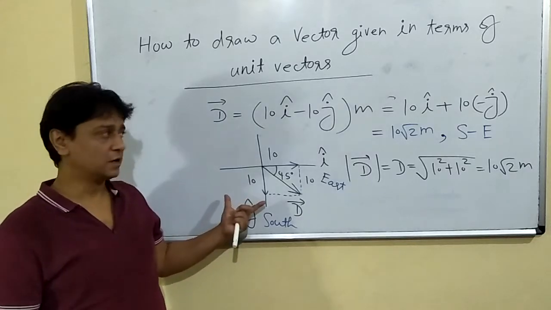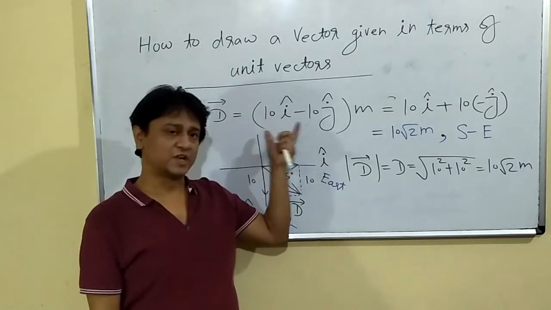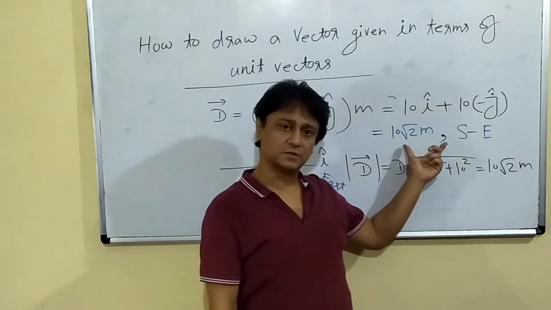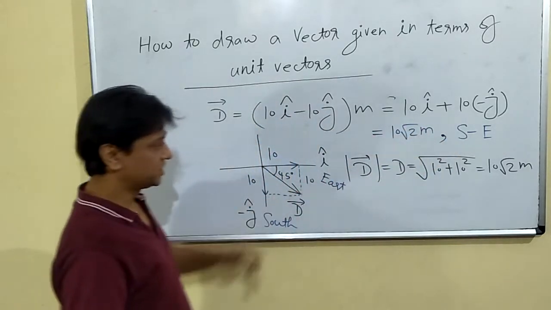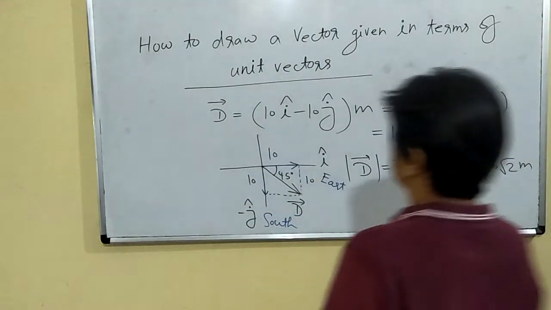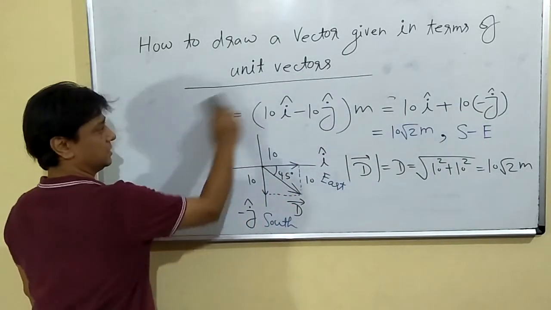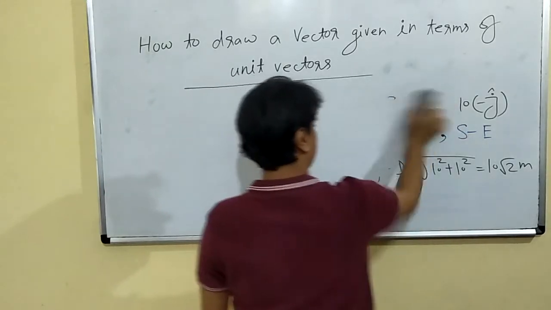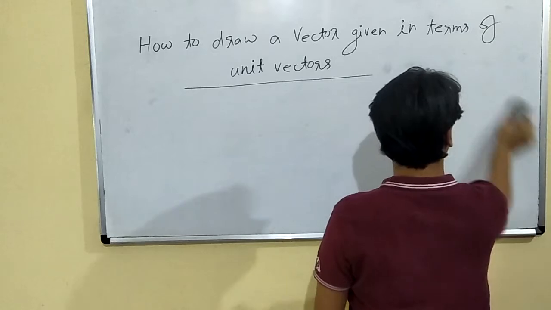That's how you can convert a command which is given in terms of I cap and j cap into a command like this. Pause it, note down this. Next, if the angle is not 45 degrees, then